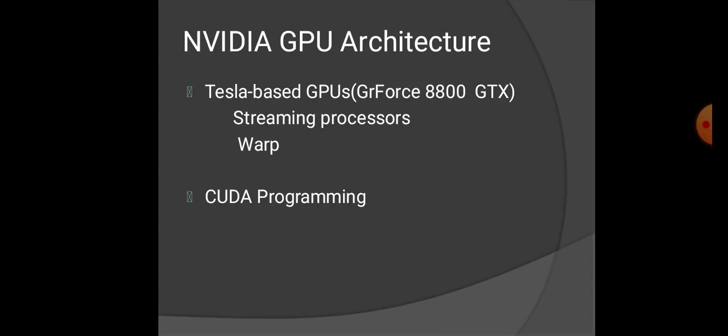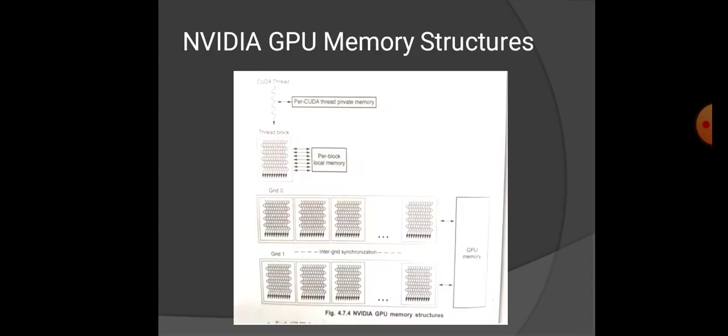Next, GPU memory structure. It shows the memory structure of the NVIDIA GPU. Each SIMD lane has a private section of off-chip DRAM, the private memory, which contains the stack frame, spilling registers and private variables. Each multi-threaded SIMD processor also has local memory shared by SIMD lanes and threads within a block. Memory shared by the SIMD processors of the GPU is called GPU memory, which the GPU reads and writes, and is separate from CPU memory.